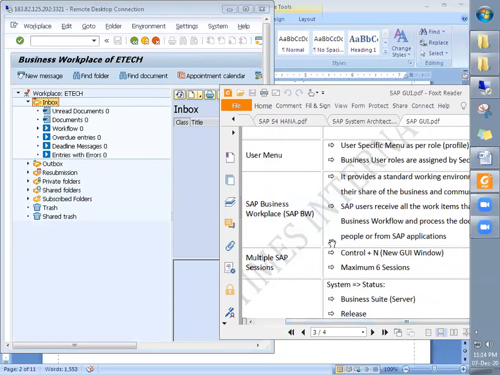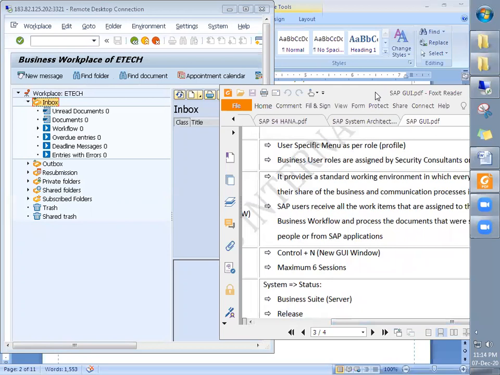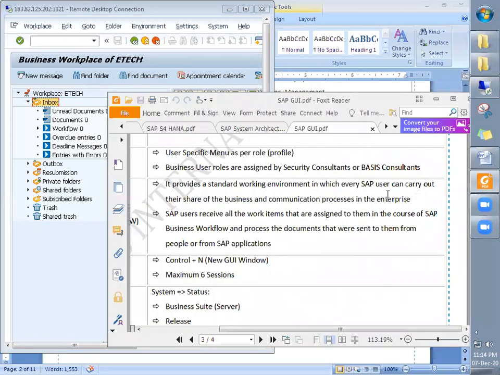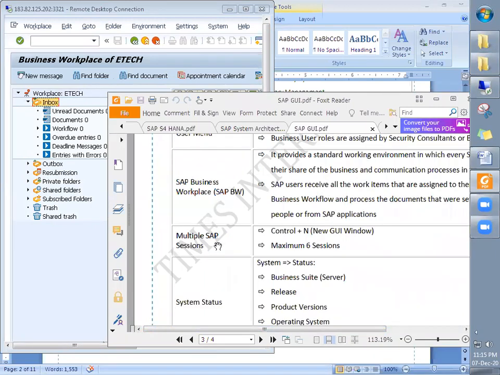SAP Business Workplace provides a standard working environment in which every SAP user can carry out their share of business and communication processes in the enterprise. SAP users receive all work items that are assigned to them in the course of SAP business workflow and process the documents that were sent to them from people or from SAP applications, right? That is the purpose of SAP Business Workplace.